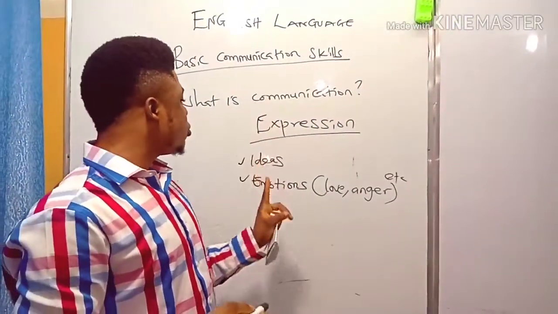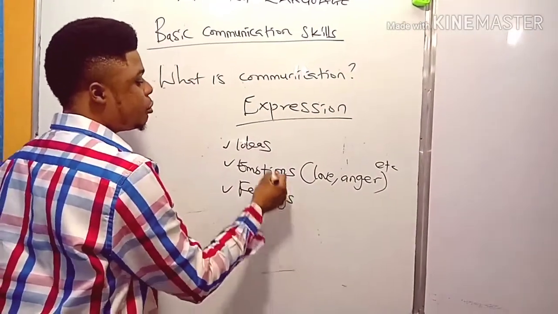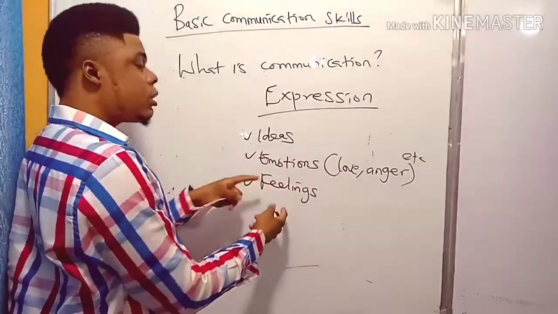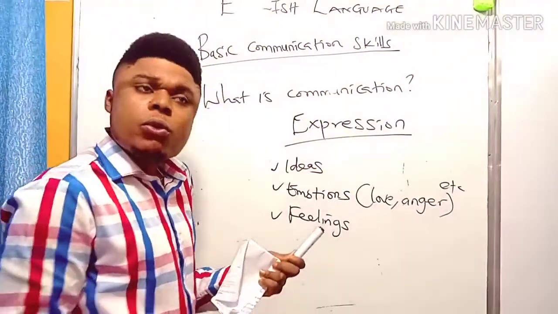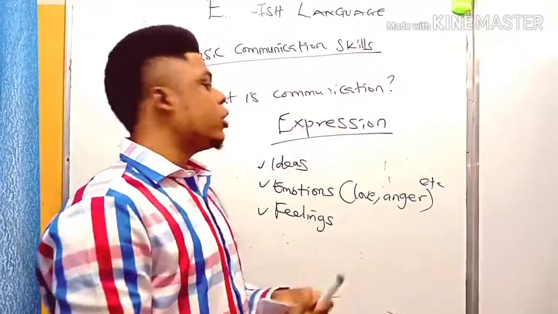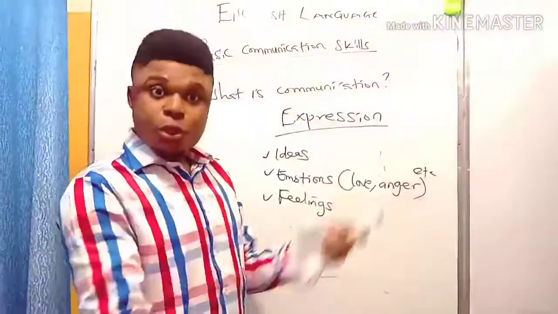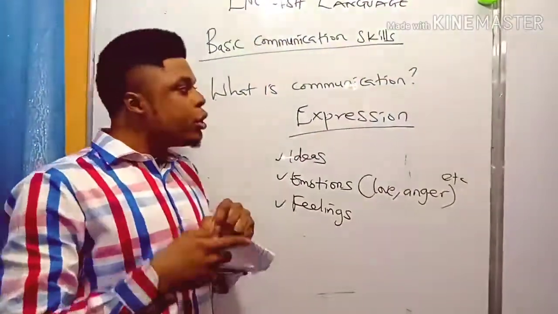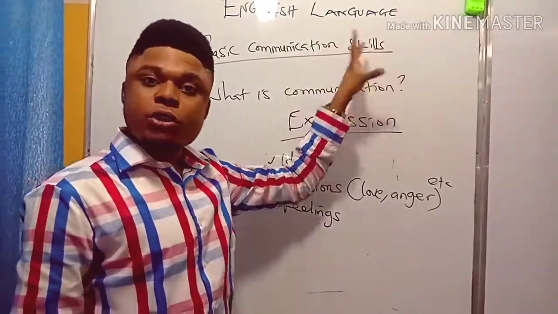So communication helps us to express ideas, emotions, feelings. Most times people mistake emotions for feelings, but as we go ahead, we'll try to create a distinction between emotions and feelings. So we express our feelings at some point, how we feel. Do we feel cold? Do we feel hot at some point? Do we feel lukewarm? Do we feel unloved? We have to express all of these things, and the only tool we have is communication. We have to communicate ideas, emotions, feelings, and so on. In communication, we have some skills that will help us do this.